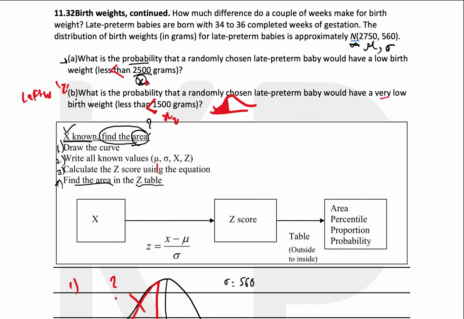Now if you look at the B part, it's just the same thing, but now you just have a different x value. Less than, again a simple one, less than 1,500. So x in this case, you know mu is the mean 2750, sigma is 560. This is how you draw that. This is your x being 1500. That's the only difference, but you also know that you want to find the area to the left of the curve, and then